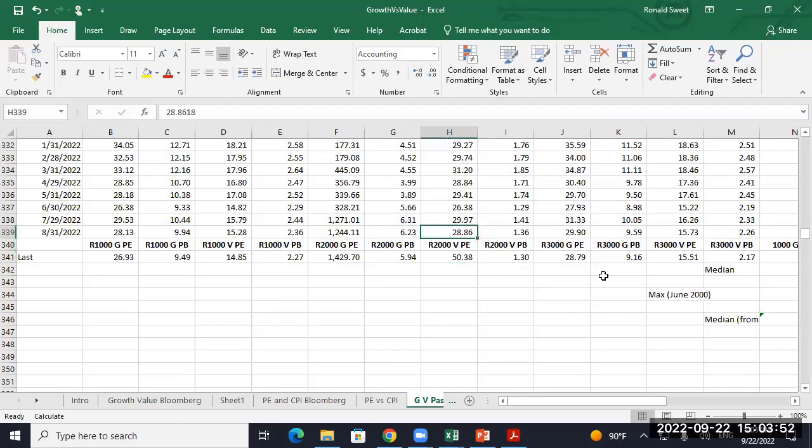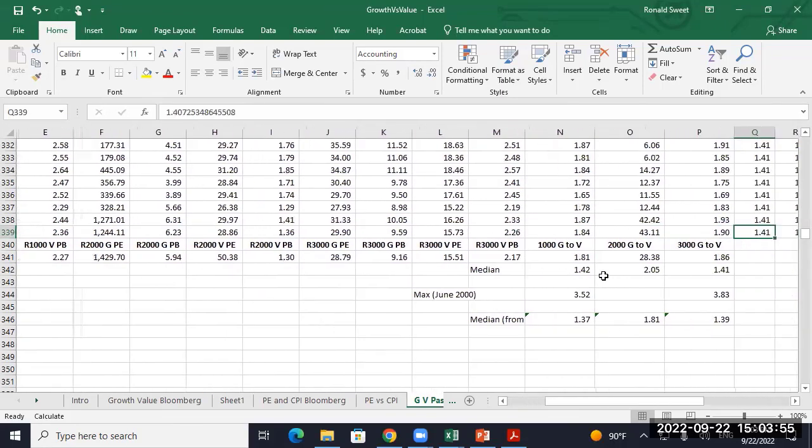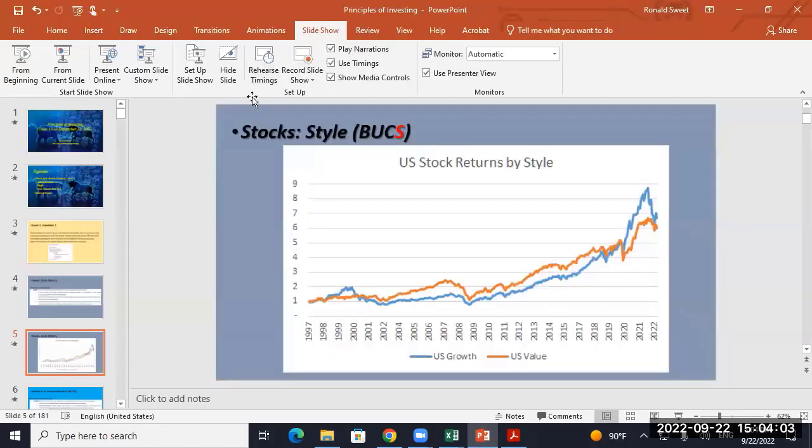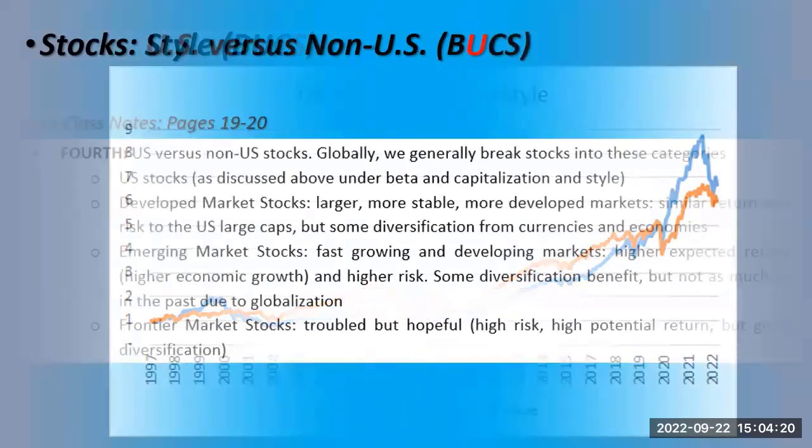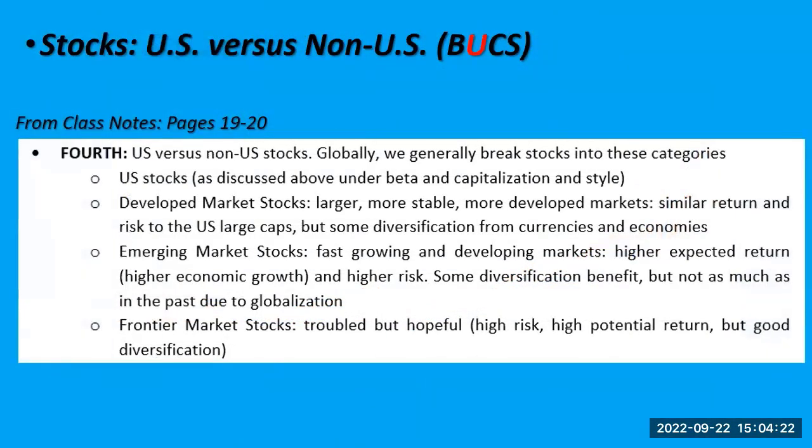Actually, it jumped up here just recently. So there's stuff going on with small company stocks. Why? Because we're worried about a recession, so their earnings are getting crushed more than large cap. All right, so there's style. And some growth stocks stop being growth stocks and become value stocks. They can move around quite a bit. All right, what questions do you have on style?